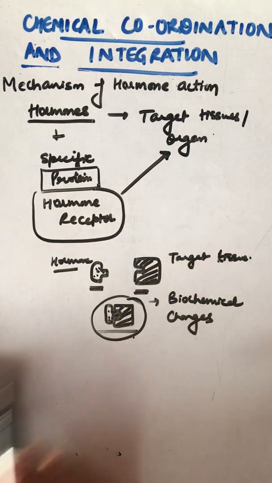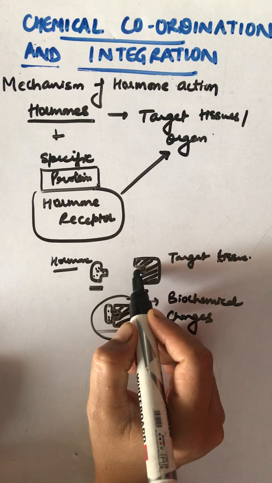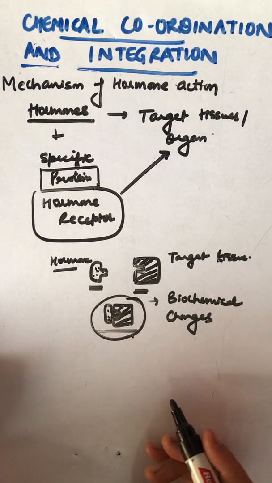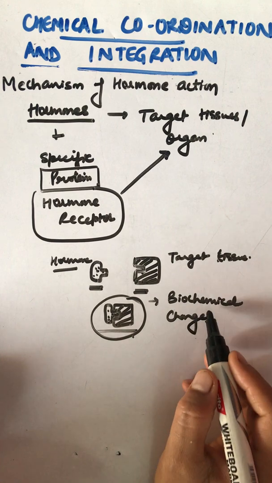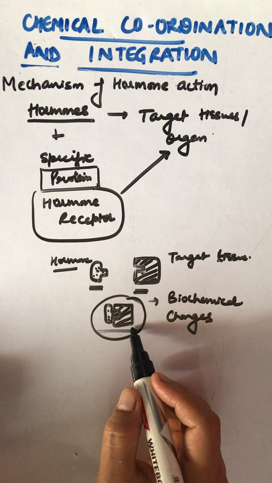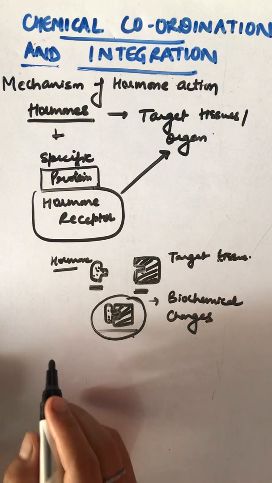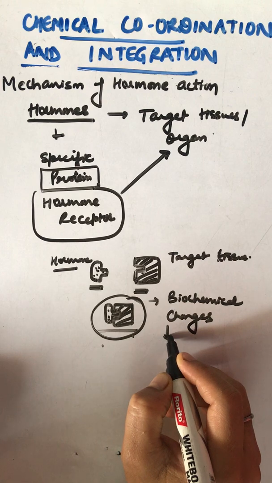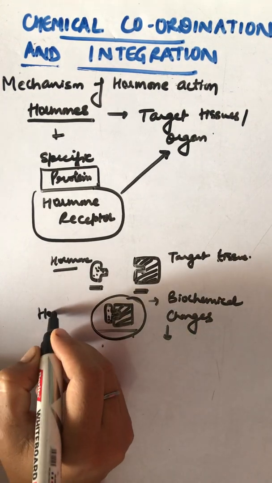It is binding to this receptor site. This is the receptor site. Clear? So what will it do? It will bring certain biochemical changes. Where? In the target tissue and its metabolism. Therefore, when the biochemical changes are brought about by this hormone receptor complex,